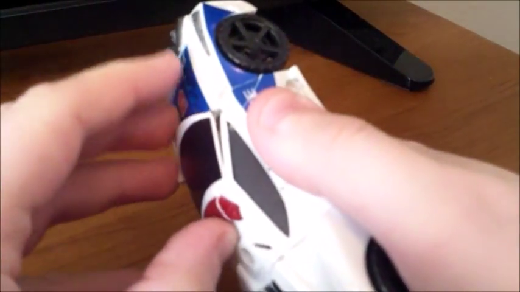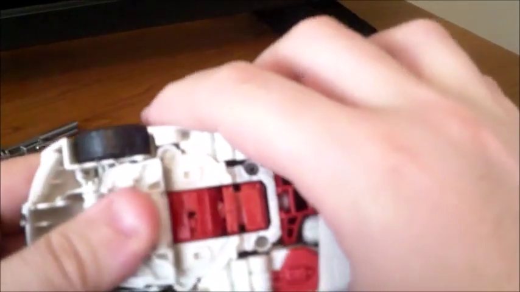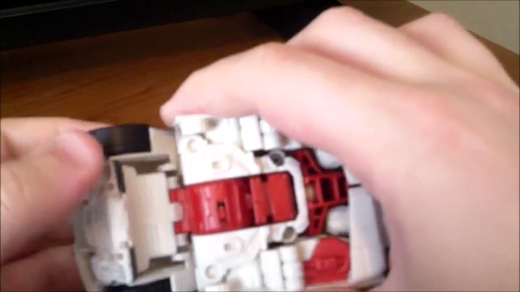So, we're going to transform him to his leg mode first. To get the leg mode, the easiest way I found to do this is to push your thumb into here to pull the windshield up and flip it back. You can see that cracks open the siren. Then you're going to come back here, and you're going to grab all of this,